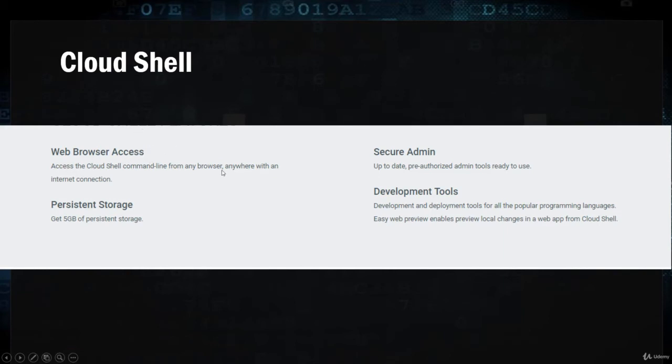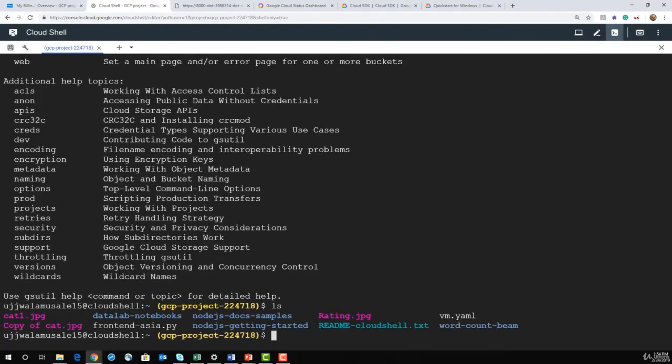Using the web browser, you can run commands, so you do not need to install anything. It comes with 5 GB persistent storage. It is secure. Unless and until you log in, you will not be able to access it. And you will have all the developer tools which are required to deploy any applications into Google Cloud Platform using Cloud Shell.